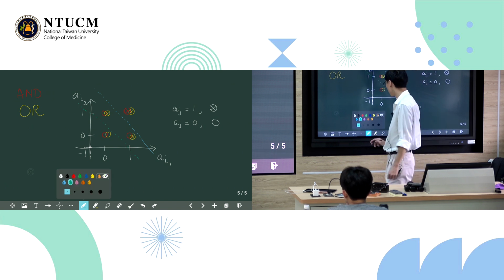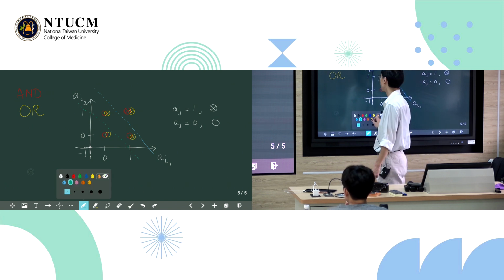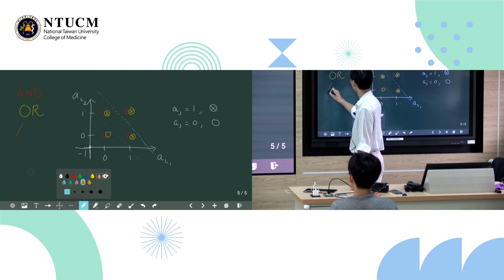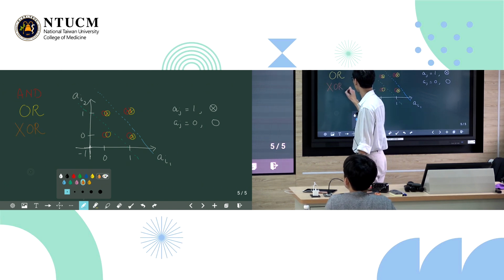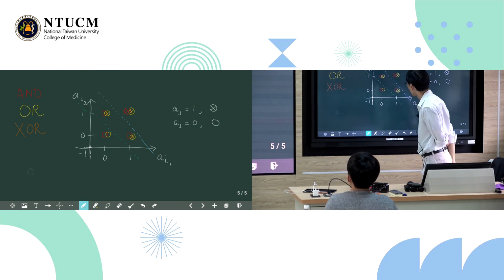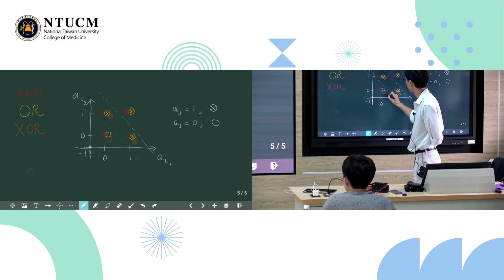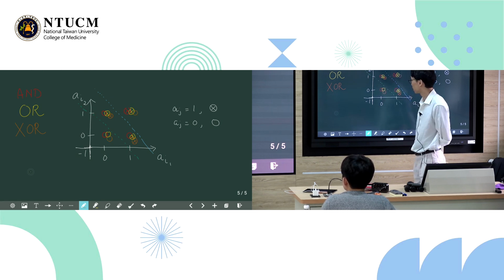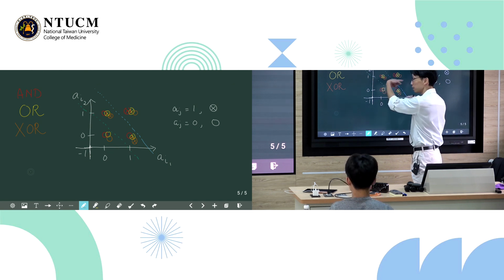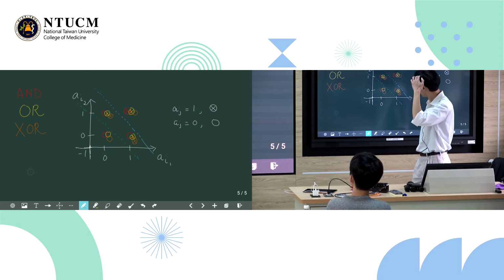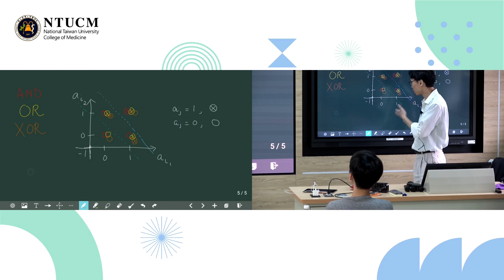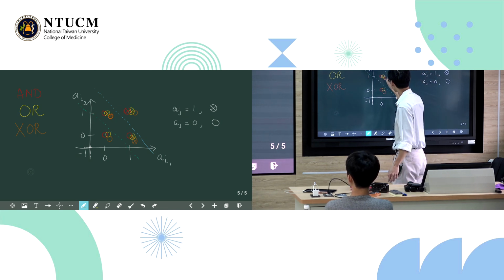Okay. Let's try this one. What color should I use? Orange. I want it so that this is on, this is on, this is off, and this is off. Correct? When both are on, the output is off. Okay? So focus on the orange color. Make it more bold so that it's more salient.